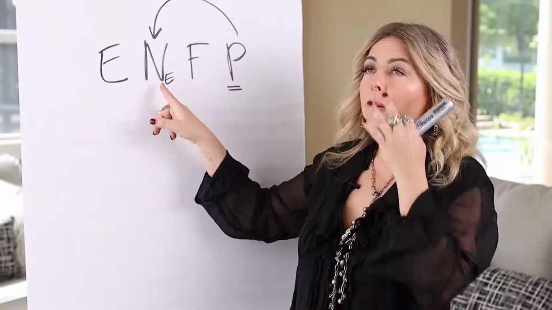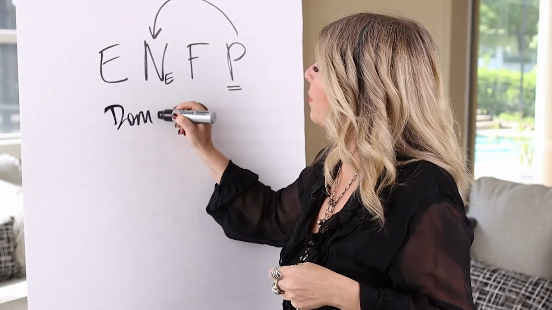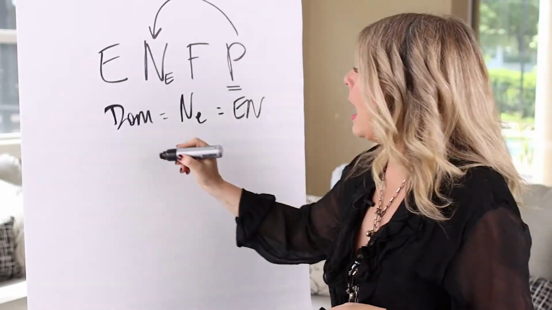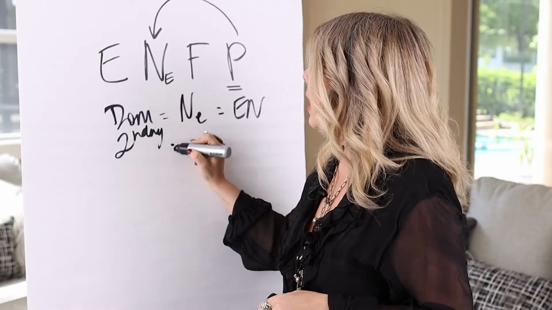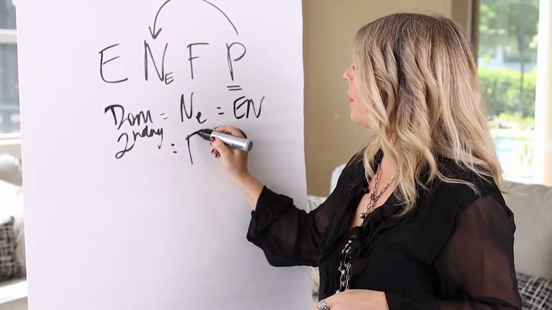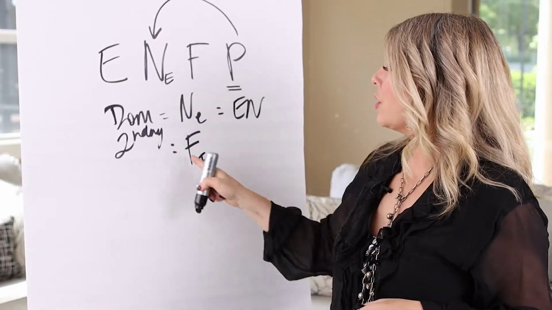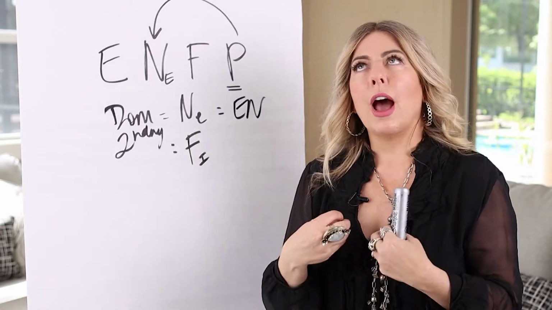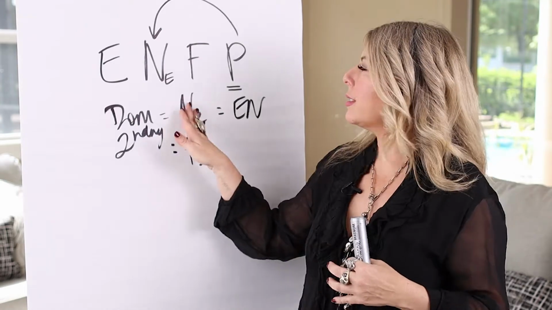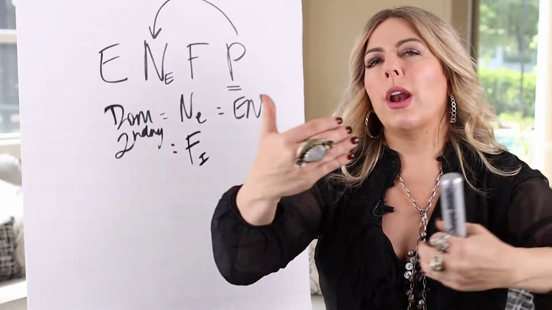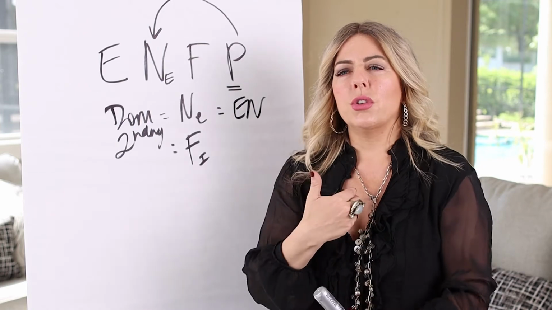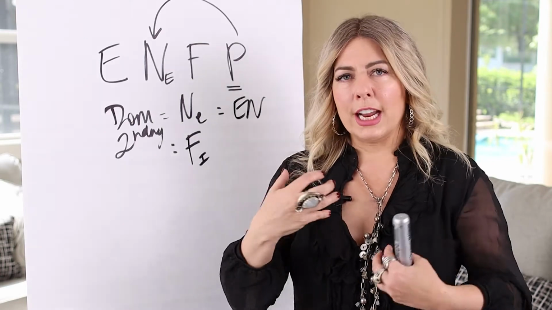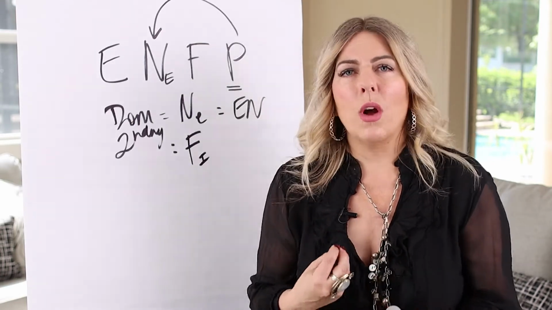So now we'll say my dominant function is extroverted intuition, or some people put it as EN. Now my secondary function is the other letter, the F, introverted feeling. So my second function is the internalization of feeling. How do I feel about something? If this is my ideas out in the world, my secondary function is to go inside and ask, does this feel right? Does this feel good? Does this feel true? So it's like an internal conversation with myself about what I'm feeling.